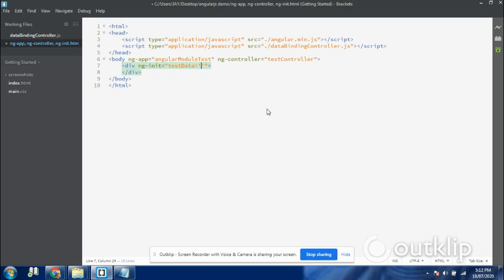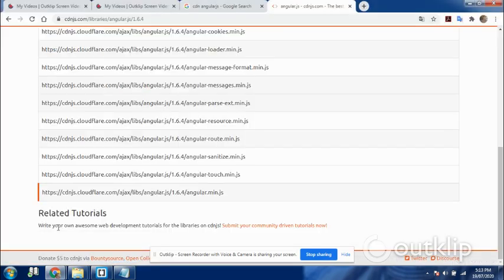Suppose I want to initialize it with Jay Prakash. When I am printing testData here, the initial value of testData becomes Jay Prakash. Print using the interpolation technique, double opening and double closing curly brackets, and when I am going to run this application, then it shows me